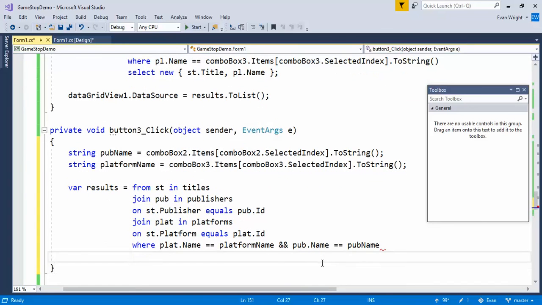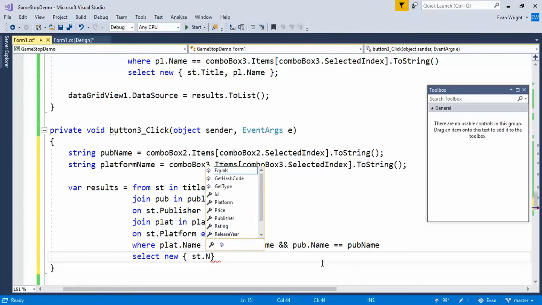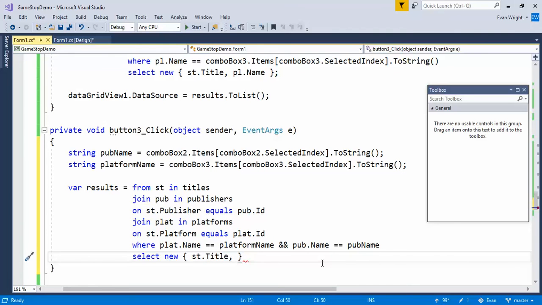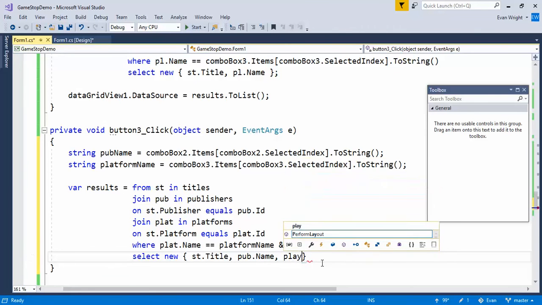Then finally we can select a new object. Select new, and what do we want to select? Let's select the name from the software titles table. What's it called? This is title, and let's select the name of the publisher. So that's going to be pub.name. And then let's also select the rating. And then let's also select the platform just to make sure that it worked,